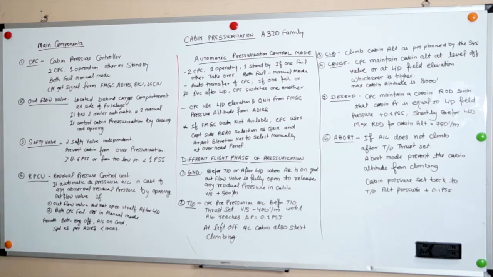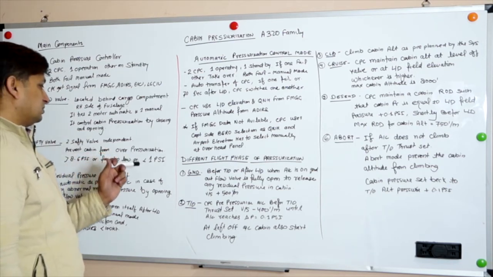Safety valve, it comes into play when the pressure is increasing and the cabin is getting more pressurization due to some failure of the outflow valve in the closed position or anything like that. So as the pressure goes above 8.6 psi, it will open the outflow valve and release the pressure from the cabin to maintain the required pressure, or it will also avoid the cabin pressure going so low.